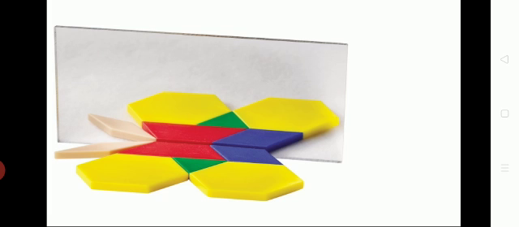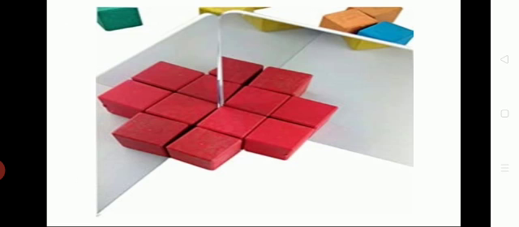And then next, if I take half of the butterfly and put it in this mirror here, it looks like a full butterfly. You got a full image. So this is a mirror image. And then next, I take half of the shape and put it into the mirror here. You got a full shape. What is this? Like a plus sign. So this is a mirror image.